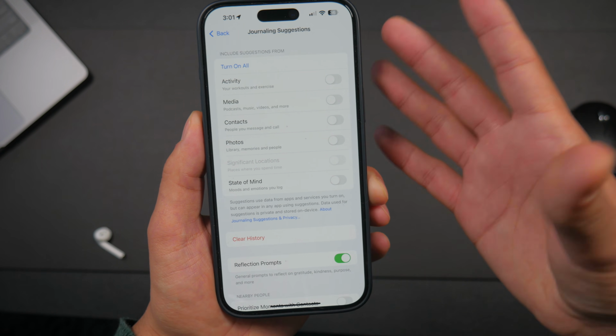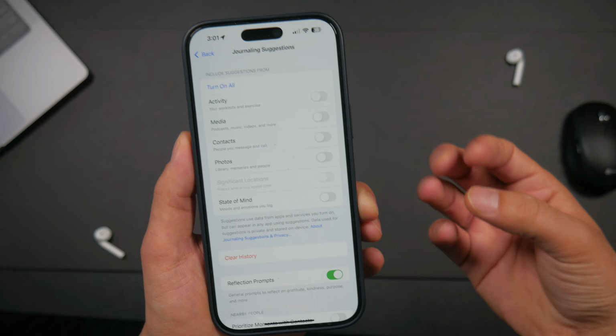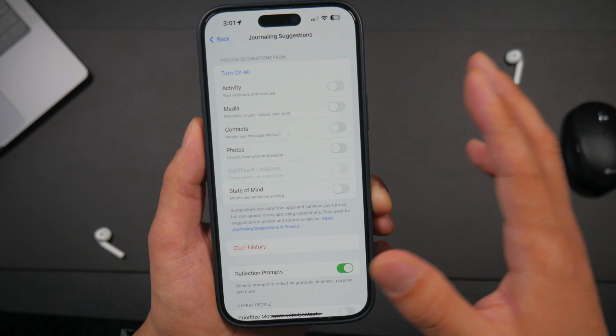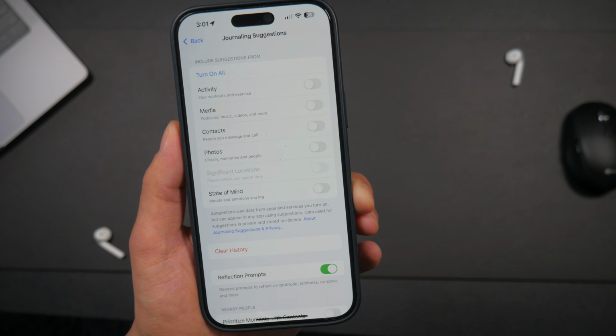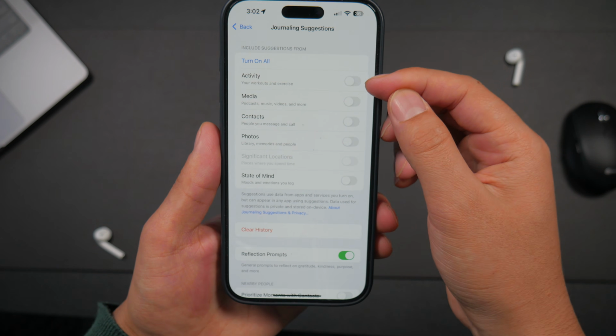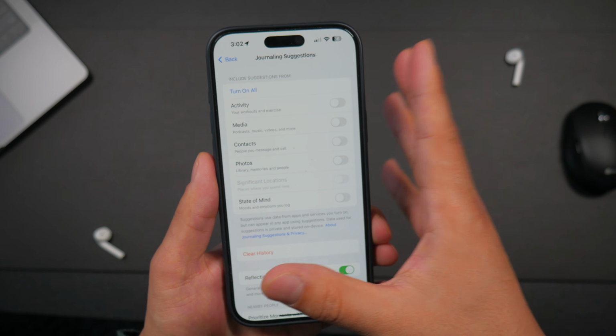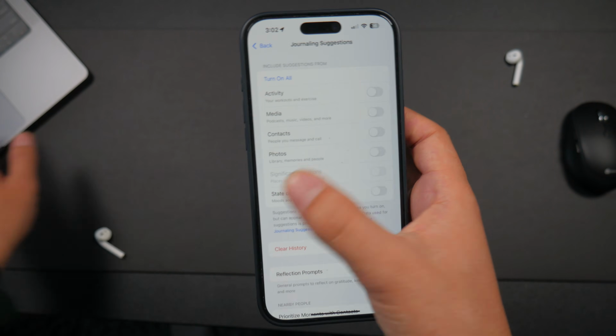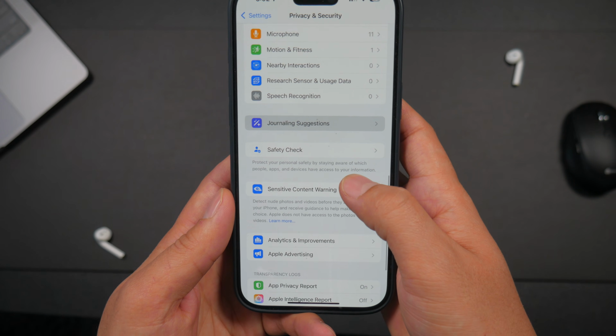It is taking up your background tasks. It is taking up your power as well as your battery in the background. So just turn this off if you don't use journaling. However, if you do use it, then you may turn this on. Personal preference, whichever activity or media is the most important for you to track, even if you leave the Journal app. Besides that, guys, next thing, if we go ahead and back out of here